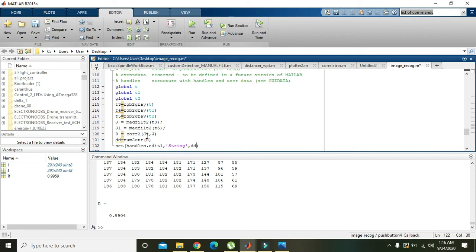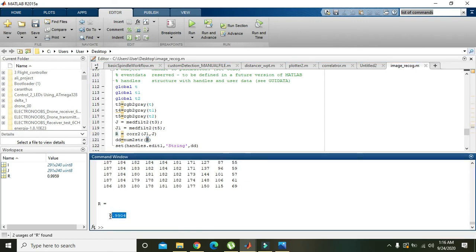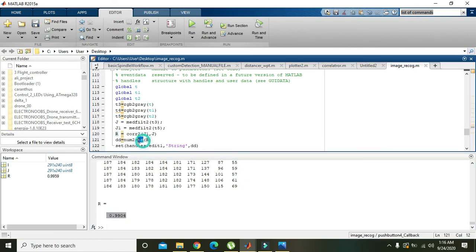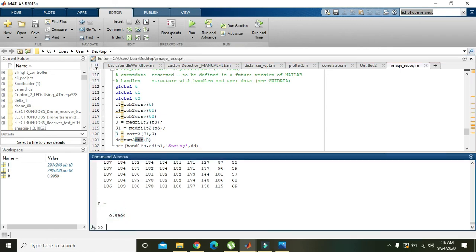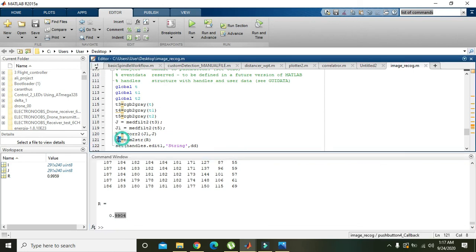So it is converting the numerical value of this r to the string value. The value must be the same, 0.9904, but its format will be changed, and after the change of format it will be stored inside dd.